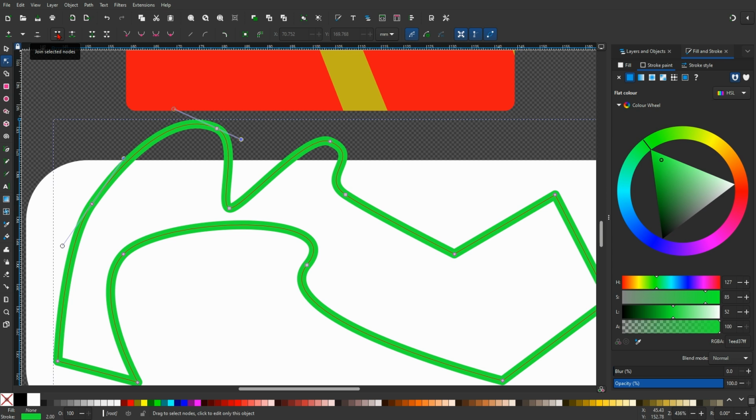Now at the minute we don't have any open ends, so let's create an open end. Let's click on that node there, and then we can use the next one, which is break path at selected nodes, and that will separate those because we made it all one piece when we drew it originally. Now we can break it apart, and then we can select both of those nodes and join the selected nodes back together. Or we could break them apart again,